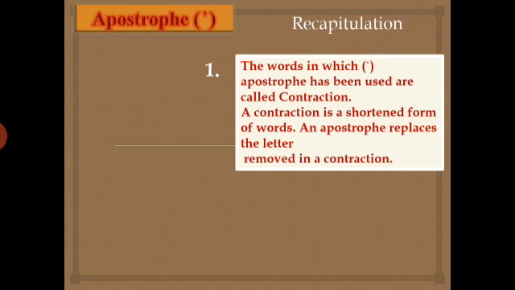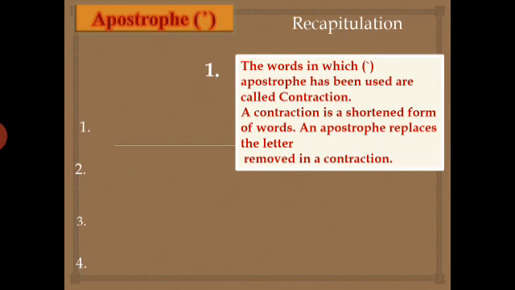The words are formed by joining two words together. What is, its shortened form is what's. It is, it's. Do not, don't. Did not, didn't. Was not, wasn't. Cannot, can't. So this is called the contraction form of words, a shortened form of words. And these words are shortened with the help of an apostrophe. This is the first use of the apostrophe comma.